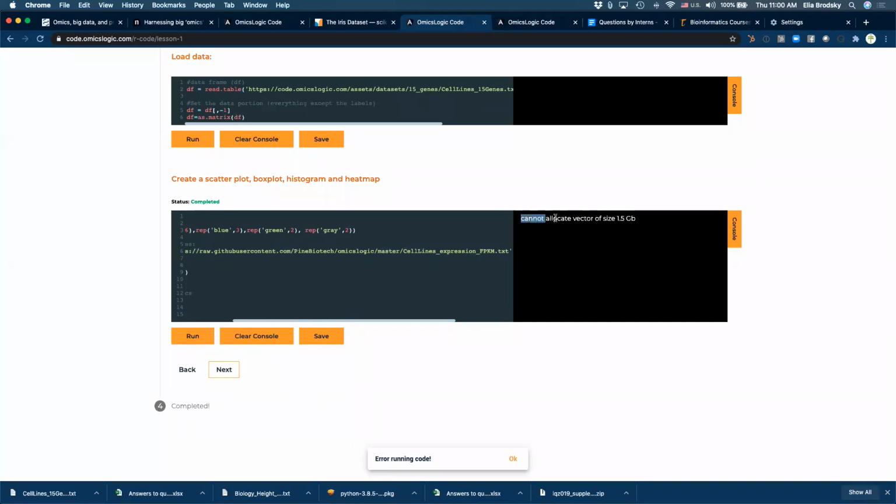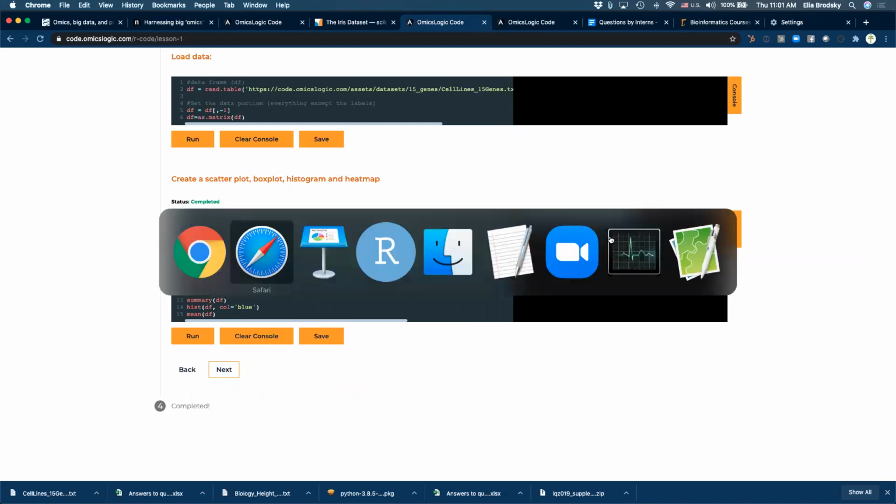It tells us that it cannot allocate vector of size 1.5 gigabytes. And so that is a typical problem that you will run into when you start dealing with real data sets. To practice with real data sets, you really have to go on your own computer, and you have to have enough RAM on your computer to be able to work with these files. Even though the file itself is not that big, right?